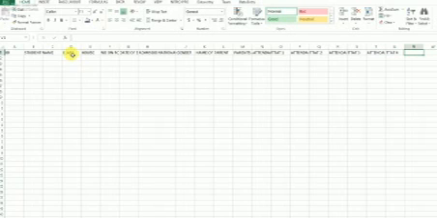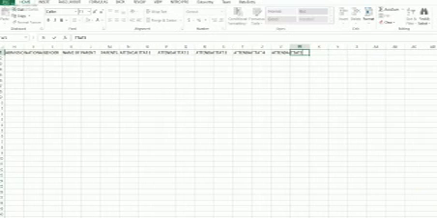Then attendance 5. And the next one will be total attendance 5, so TT85. Then we have attendance 6. Then we have total attendance 6.